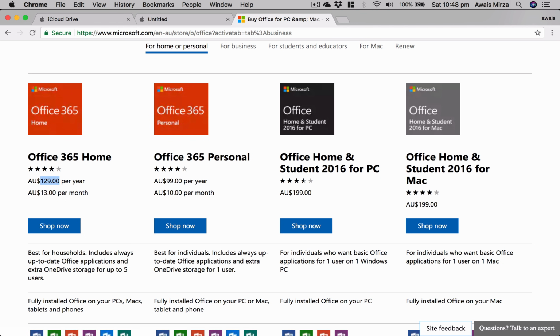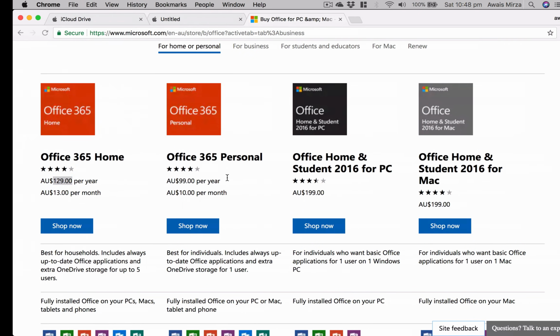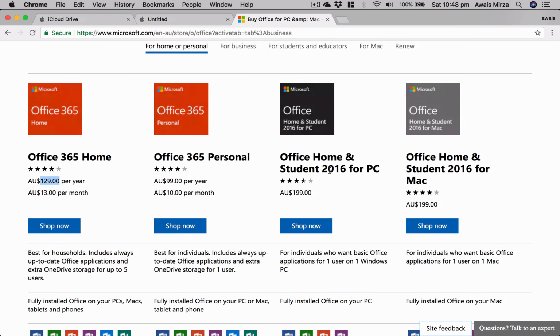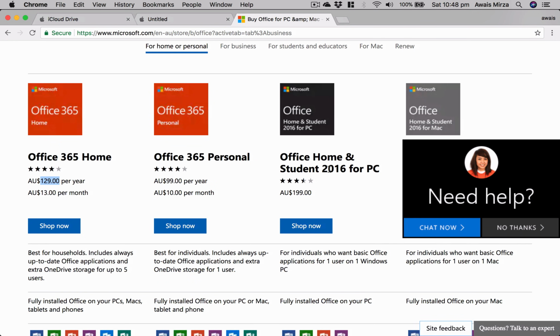But the best thing about Apple, once you buy a Mac or iPhone or iPad, it gives you Pages for mobile, for a Mac, which is a desktop version of iPad, which we just learned. So it's free of cost. So we buy a Mac, you get Pages, you get Keynote, you get Numbers. So you don't really have to spend that much money on Office, because for student, for worker, for offices, wherever you go, you have to have